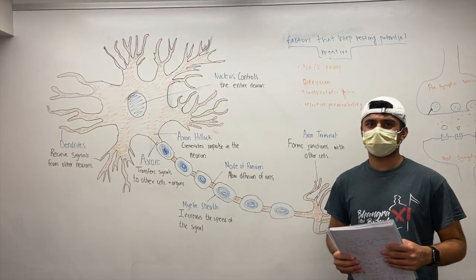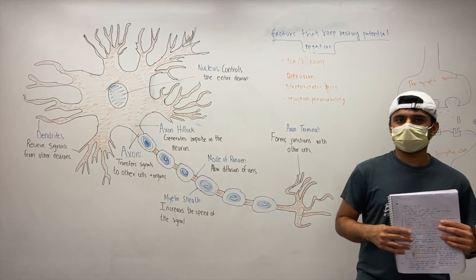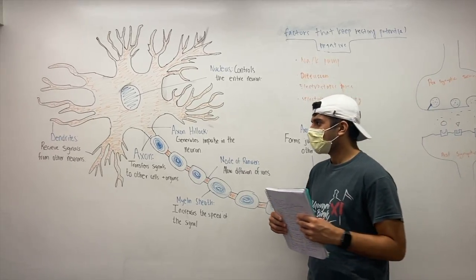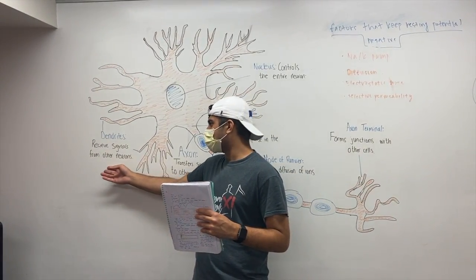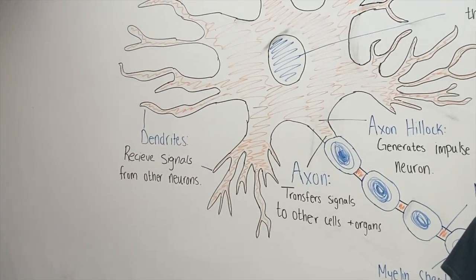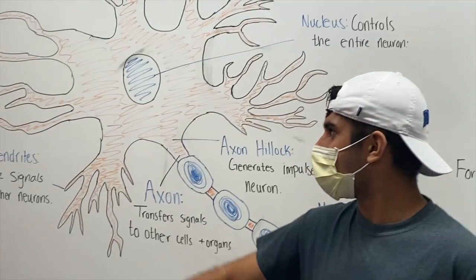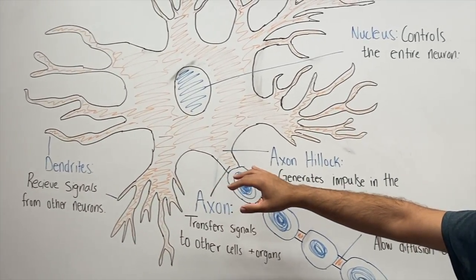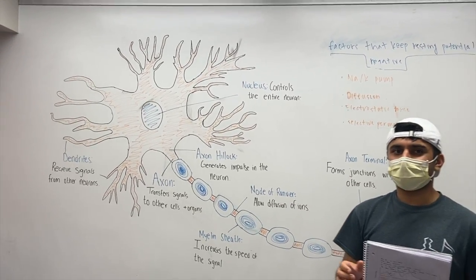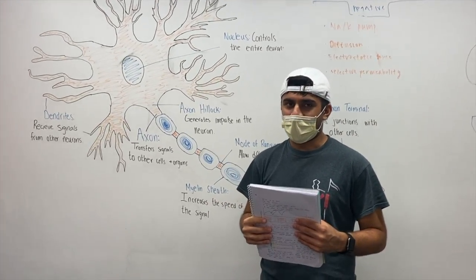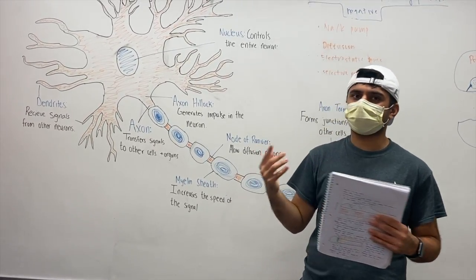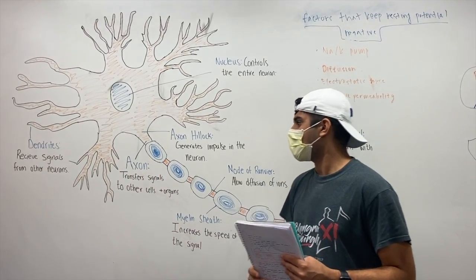Hi everyone, so really quick we're going to recap the actual structure of a neuron and the functions of each of its parts. Beginning with the dendrites. The dendrites are receiving signals from other neurons, via EPSPs or IPSPs. After receiving these signals, they go down towards the axon hillock, which is where the impulse is generated for the neuron. If those EPSPs and IPSPs add up to above the negative 15 millivolt threshold, we're going to be able to generate this action potential that's going to continue to flow down the axon.